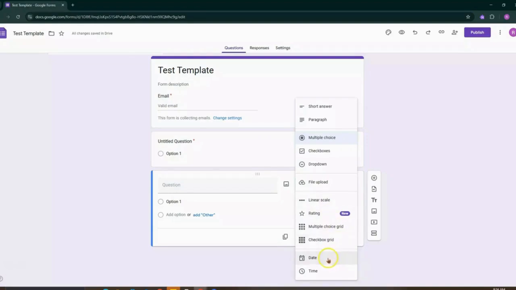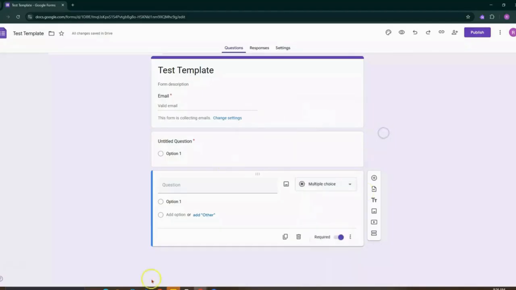You can also select the date and time if you want your students to put what date and what time they have completed their assignment. Another element of Google Forms is you can include an image or a video in your Google form. This would allow you to embed images for your content or even videos